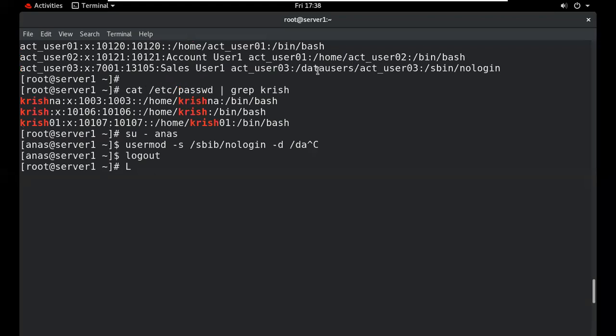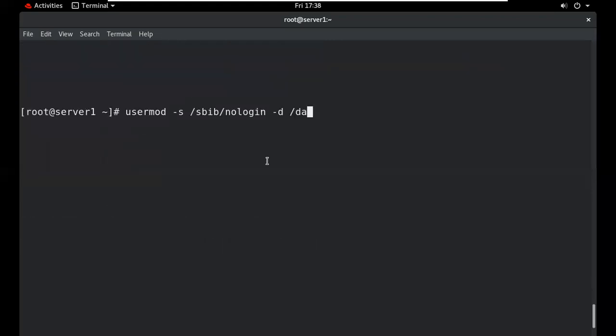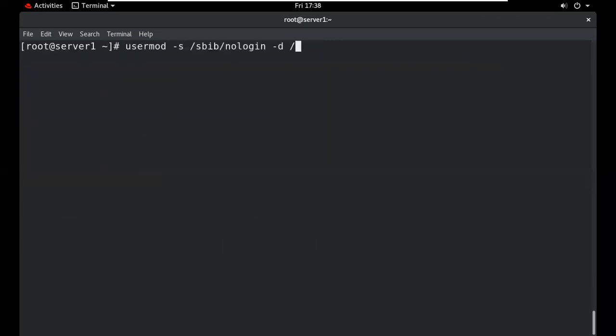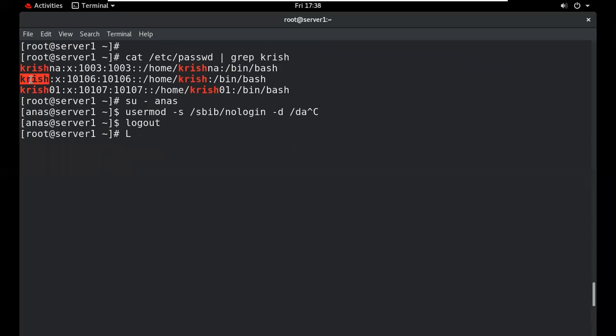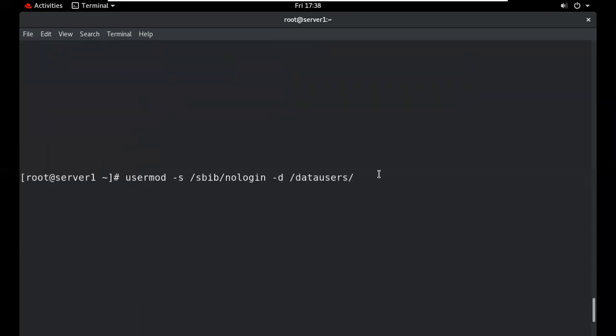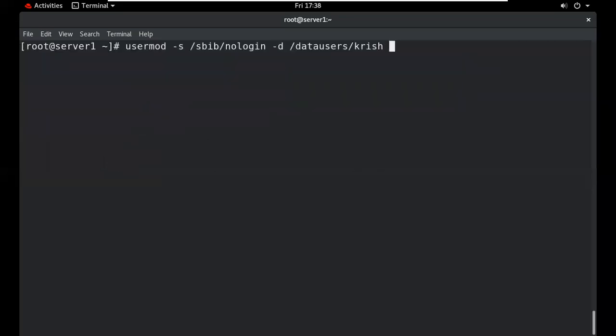Okay, and we want to change the data users. This is the folder name. Data users. In this, we want to change the information of this particular user. The username is Chris, so type Chris. So this is the home directory information.